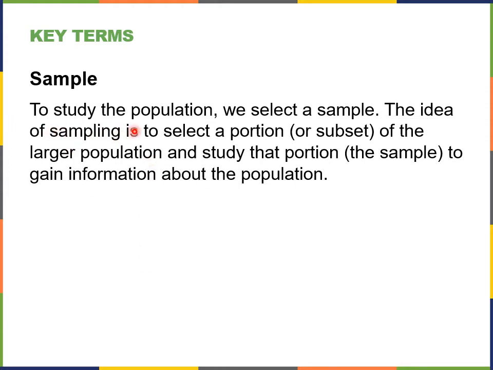To study a population, oftentimes we want to look at a sample, and a sample is a smaller selected group of the larger group. So we take a small group, a sampling or proportion, a subset of the larger population. Those are the ones we're going to actually use to help study the population. Because like I said, if I was trying to find out how much money college students spend at RCSJ,